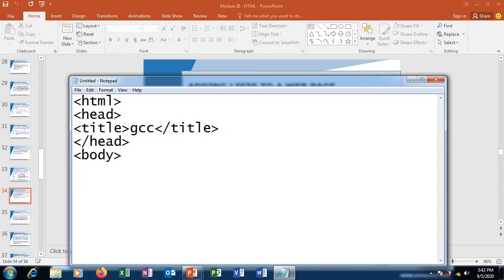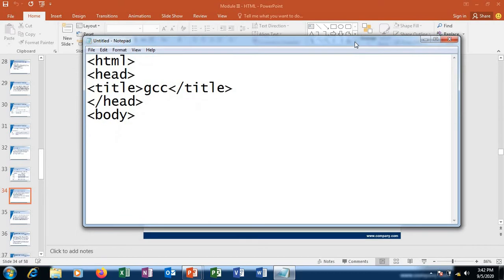Now, as we are adding a list here, let me directly start with the OL tag, that is the ordered listing tag, and we'll add a heading there with LH called KLS, and then we'll end LH. To add the options or to add the items, let me have LI.